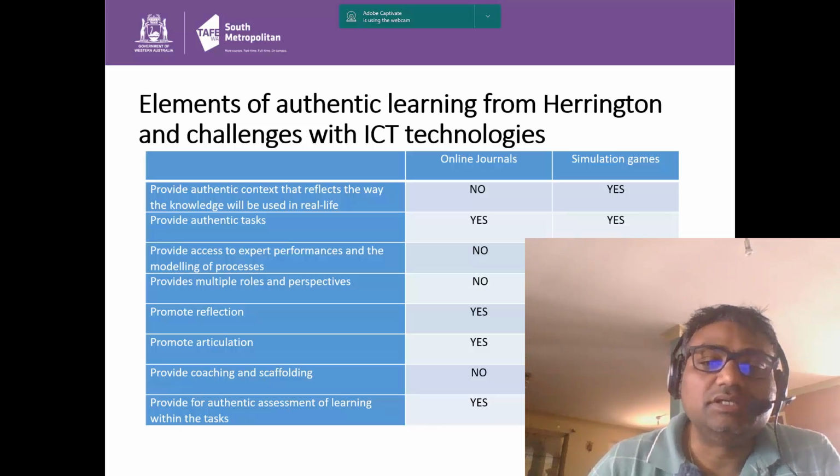As is clear from the table here, it can basically cover all the 10 elements, from providing authentic tasks to different roles, to articulation, then coaching and scaffolding through the process, and also some of the authentic assessment, although it is not a formal assessment.